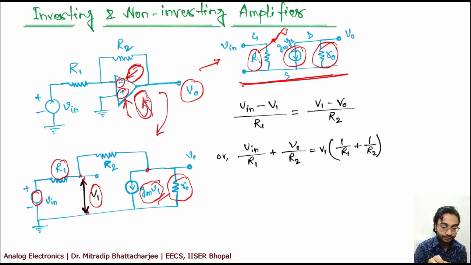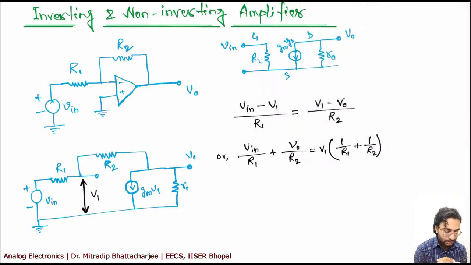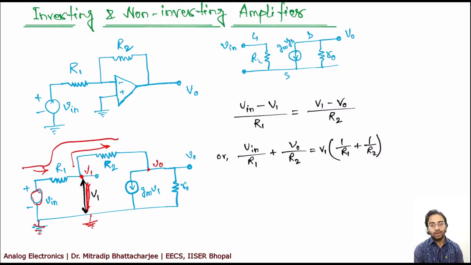Now if you see the circuit, in this case this is Vin, this is your V1. See, this part is grounded, so you can consider this terminal as V1, because anyways this part is grounded, this is 0, so the entire potential is in this node. So this is V1, this part is your V0, and now you can see whatever current is going from this side is going also from this side, because this part is open circuit, so the current coming from this side will go through R2 as well.